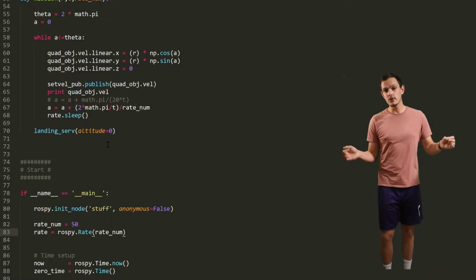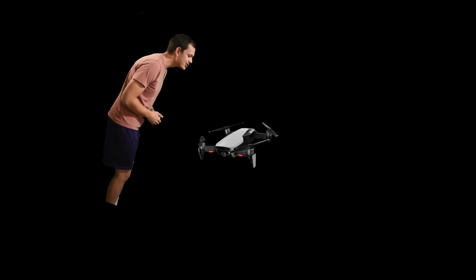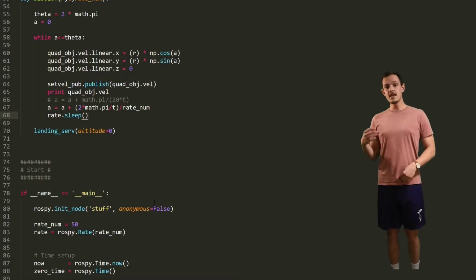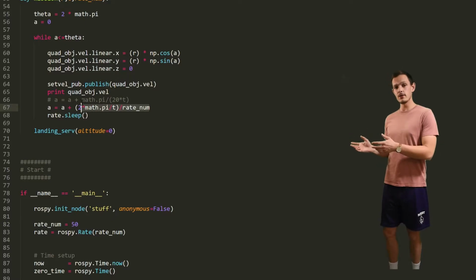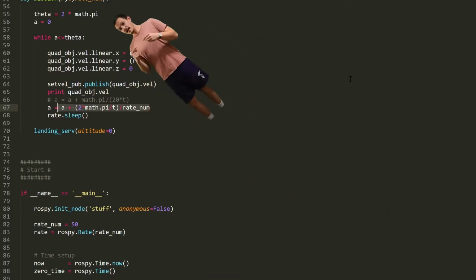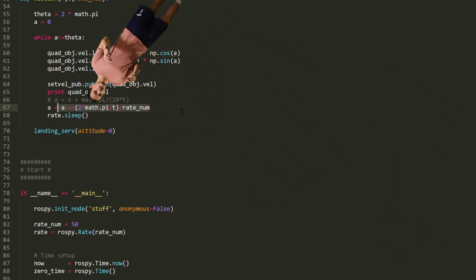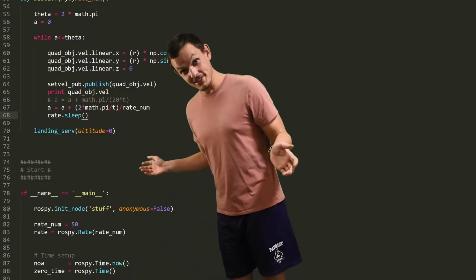Then I updated the code, and now the loop sleeps, and theta increases proportional to how long the loop sleeps. And once we did that,